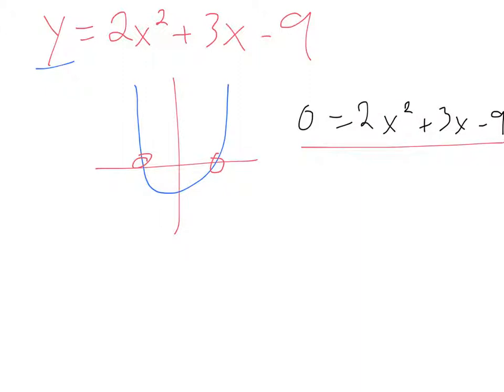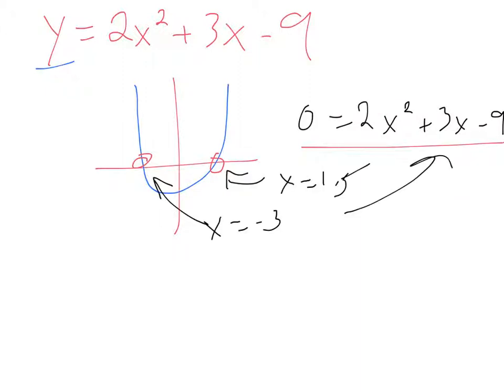So how are we going to do that with the calculator? Let's go ahead and do that right now. Using our graphing utility, whether it's our graphing calculator or I use the Desmos utility here on the iPad, I found that the two x-intercepts of this function were -3 and 1.5, and those correspond to the solutions of this equation. So the takeaway to this is, anytime I have an equation, if I take the equation, put everything on one side, set it equal to 0, and then whatever is on the other side, not the 0 side,